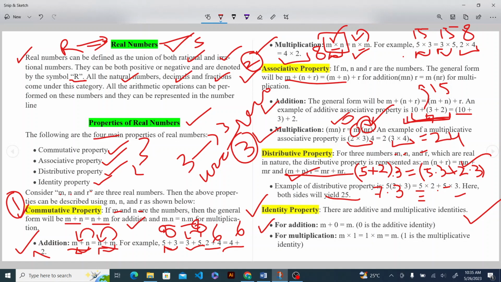Obviously, for addition, m plus 0 is equal to m. 0 is the additive identity. For multiplication, m into 1 is equal to 1 into m, which is equal to m. 1 is the multiplicative identity. So what is the concept here? The concept is, if you add 0,